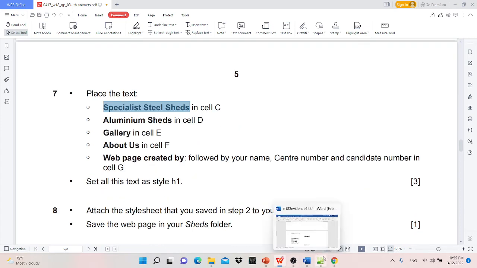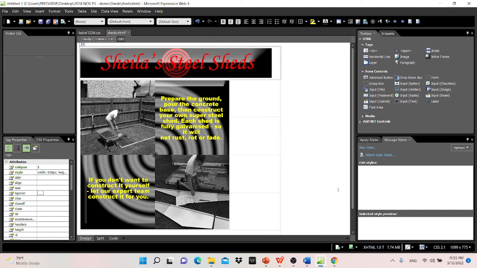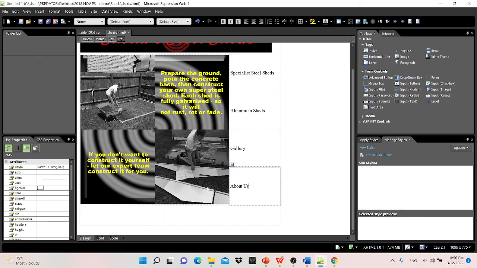The text in C is actually specialist steel shafts, and then D is aluminium shafts, and then E is gallery, and F is about us. Okay, and then G